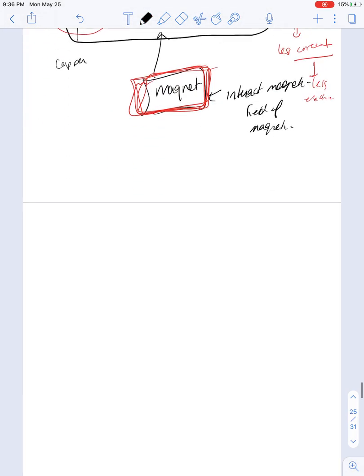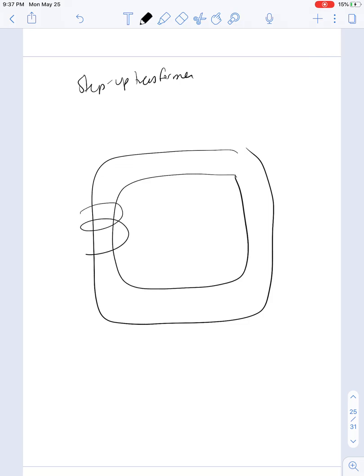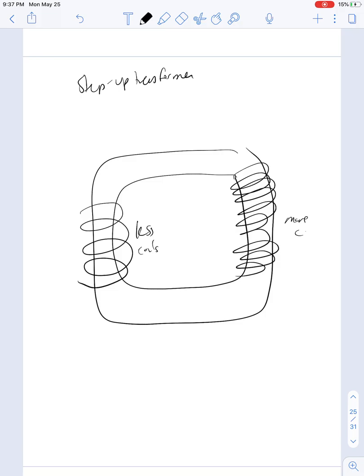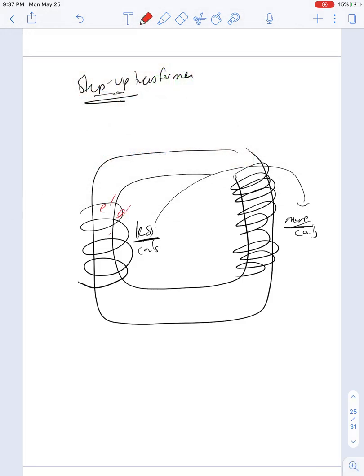And then you have the step up transformer. A step up transformer does kind of the opposite, where you have an iron core here. What happens is you have fewer coils here, and then you have more coils here. You can see that in a step up transformer, you're going from less and you're stepping up. So you're going from fewer to more coils. And so if you have electrons here,